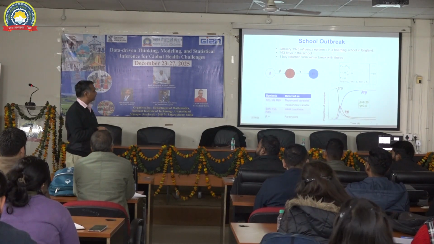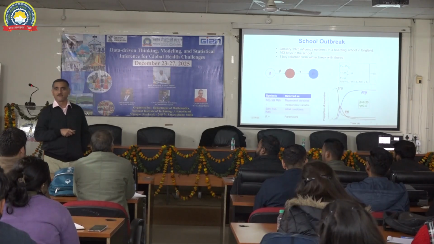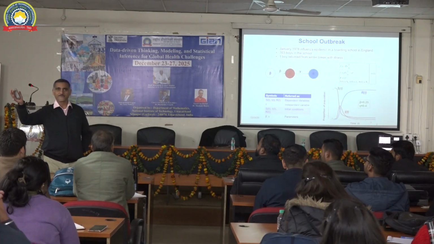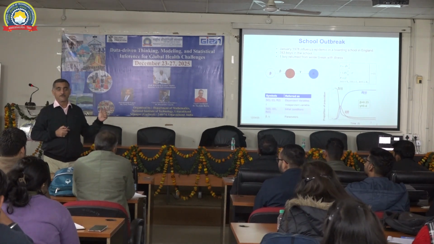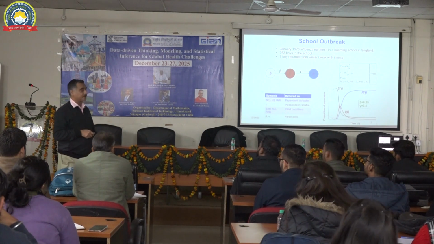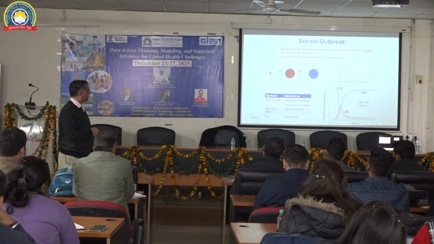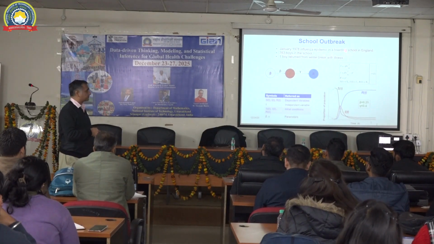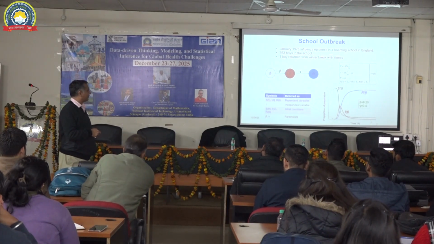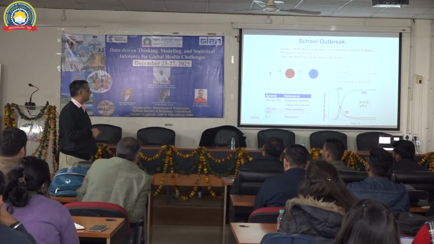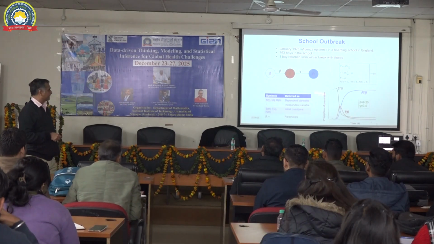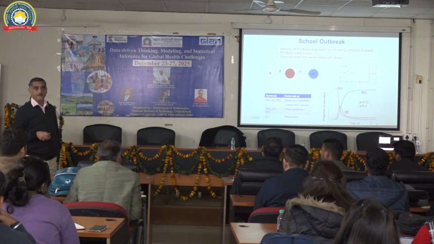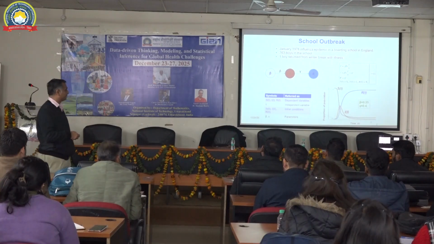So this is using boarding school data. What does the boarding school do? You cannot go out, right? It's restricted. So that's why this data is very good to get an understanding about the model. There were 763 boys in this boys' boarding school, and one of the boys came back from winter break with flu-like symptoms. And they wanted to see how many boys will get infected.